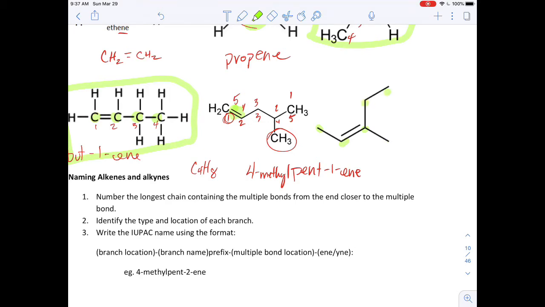So this is going to be a pentene as well. And I need to prioritize the double bond. So I think it's pretty obvious that it's a lower number to count from left to right here instead of right to left. I'm going to get a 1, 2 instead of a 1, 2, 3. So this is a pent-2-ene. And I have a methyl that is here. So I have 3-methyl